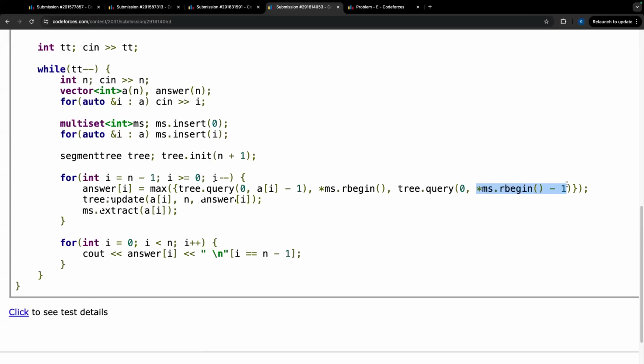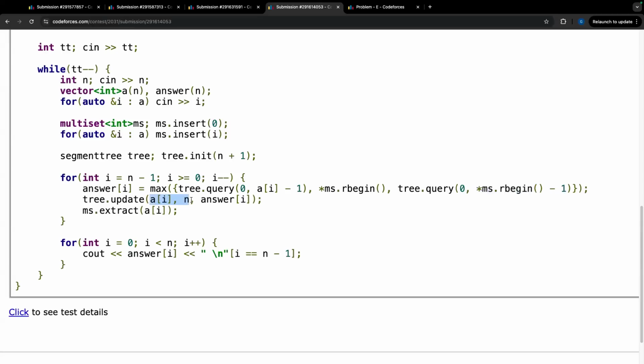This is a very simple dynamic programming update trick. Basically, instead of big O of n square dynamic programming, we are able to compute answers in a range because we found that our answer is either min in a range or max in a range. Such kind of optimizations can be done using a segment tree. And after we found the answer, we say that for all possible values between ai to n,